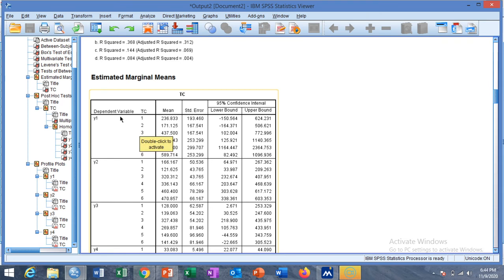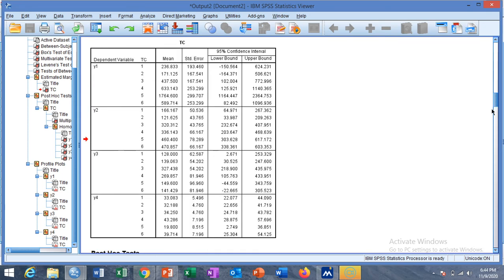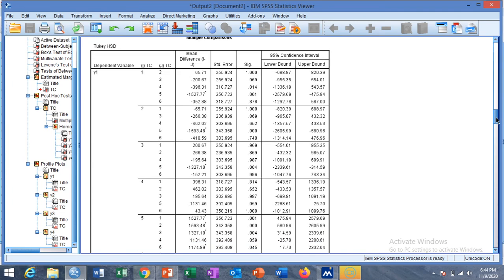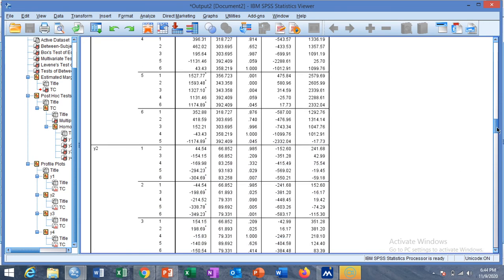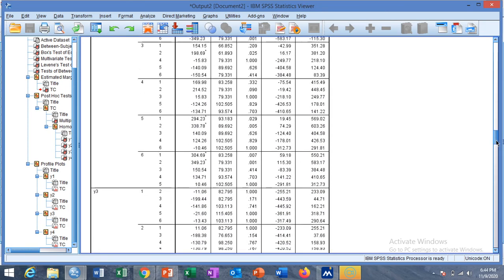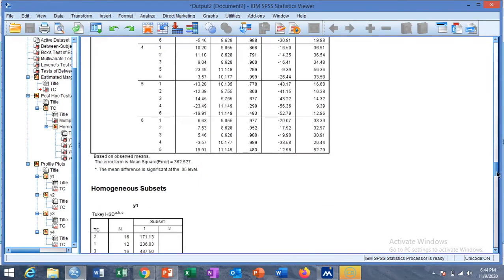And these are your marginal means for y1, y2, y3, y4 for each group. And this is the post hoc test, which is used to compare the between-group means. This is for y1 and this is for y2 and y3 and y4.